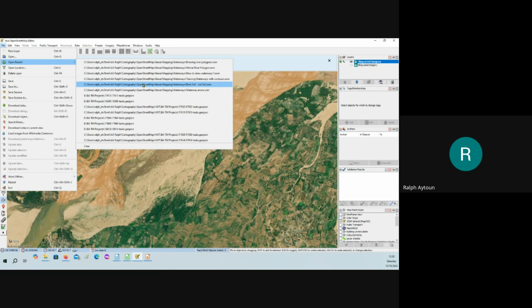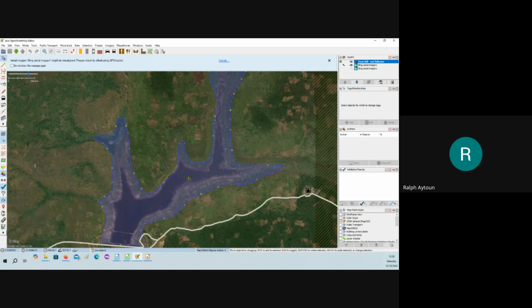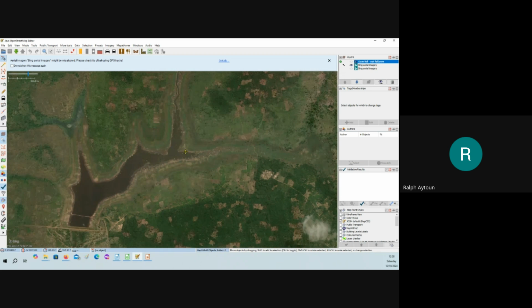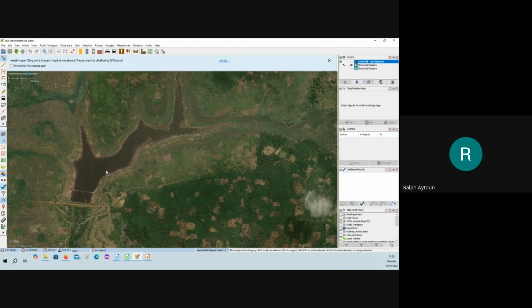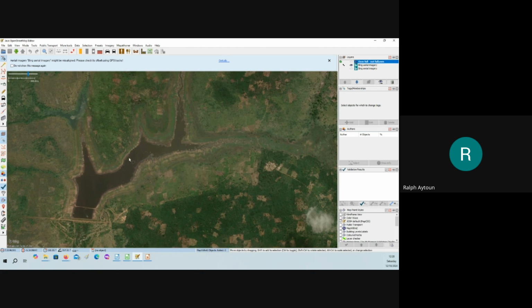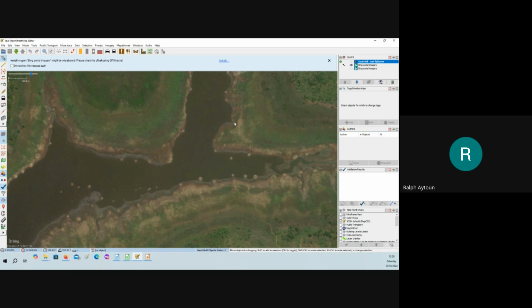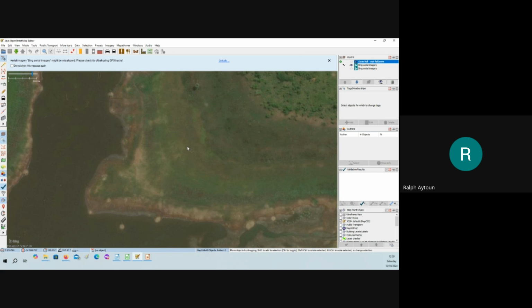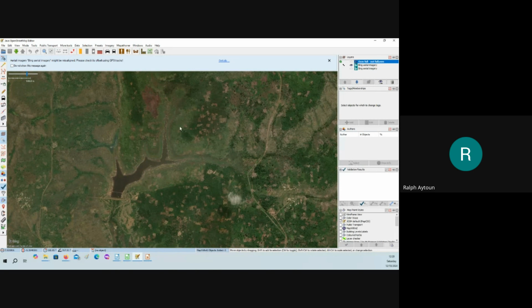Have I got it here? Right, this dam, full or not full, okay? Let's ignore what is happening there. Let's just look at the imagery. So here we have the imagery, and we can see that this is quite full, but I can see various lines here which indicate original or previous water levels. So I can see that on this imagery.